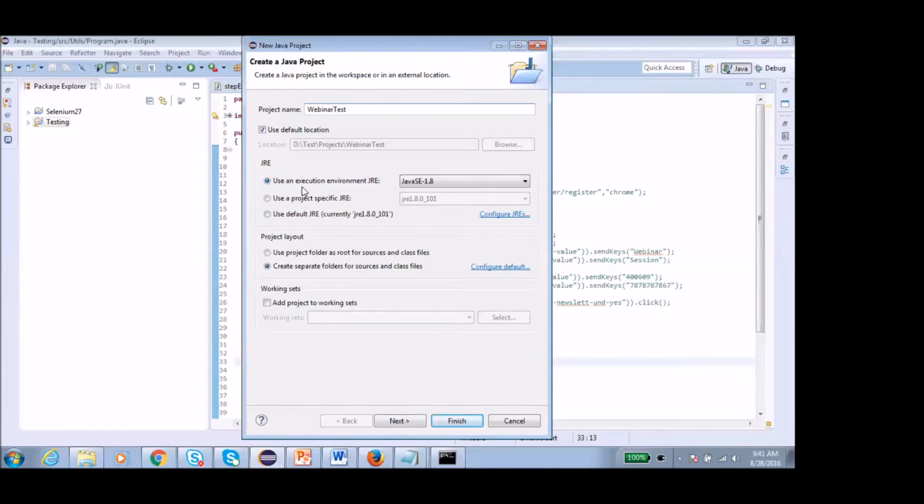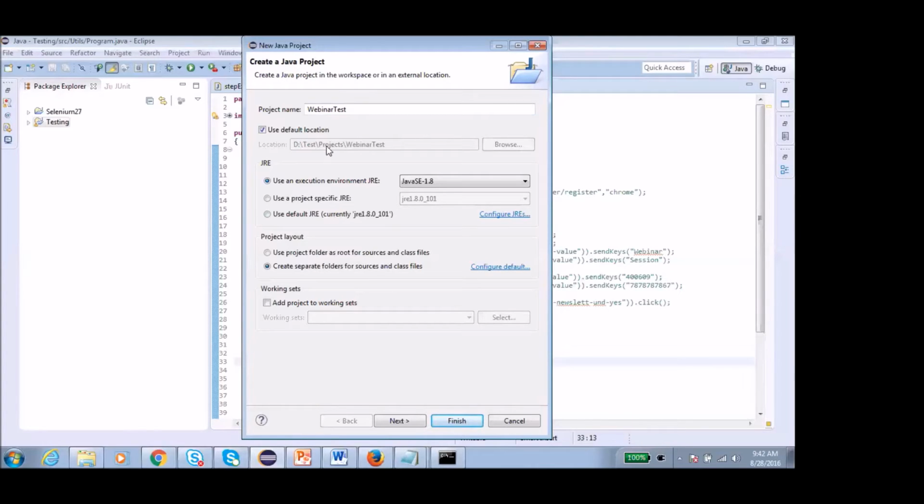See this radio button where this is the workspace. Use default location checkbox. You can see it is going to D, test projects, webinar test. So this is the workspace which was defined by me when I first initiated Eclipse. So this webinar test will go there under projects.